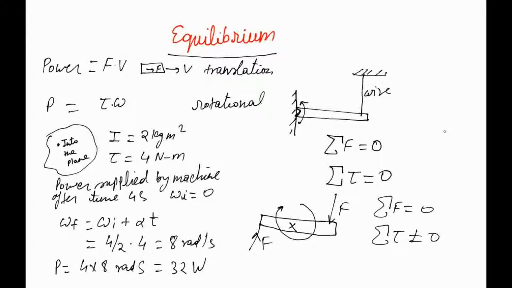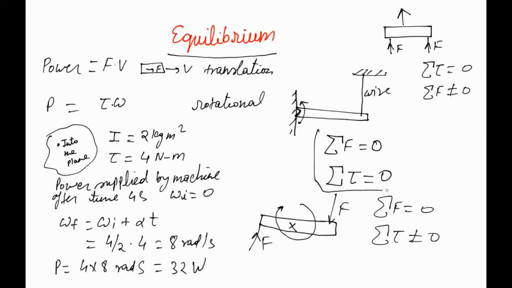Let's take another example. Let's say you have a free stick, and you apply a force F here and a force F here. You can certainly tell that the net torque is zero, but you cannot say the same thing for the force. In fact, this whole thing will be moving forward. So all you need is that the net force as well as the net torque both should be zero to achieve equilibrium. And we'll solve some problems